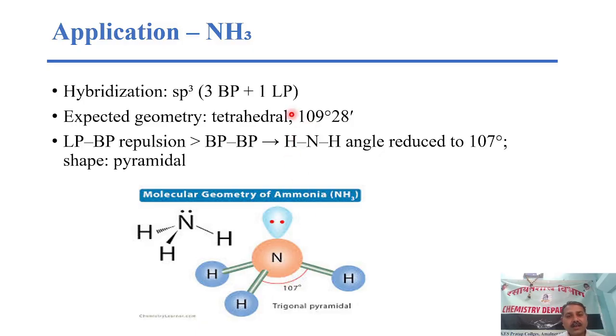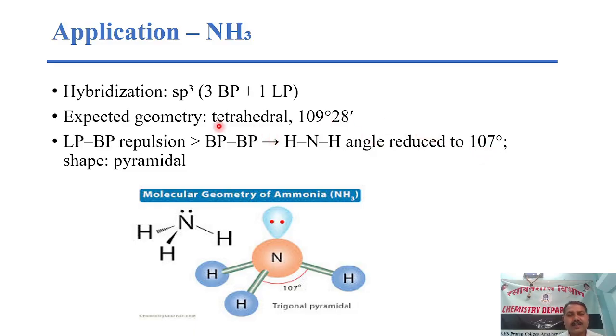Then we will see the next example of this VSEPR theory, the ammonia molecule, NH3. It has 3 bond pairs and 1 lone pair. The hybridization of this molecule is sp3, the expected geometry is tetrahedral, and the expected bond angle is 109 degrees 28 minutes. In this case also, because of the interaction of the lone pair, the lone pair-bond pair repulsion is greater than bond pair repulsion, and therefore the HNH angle reduces from the expected angle of 109 to 107 degrees, and the